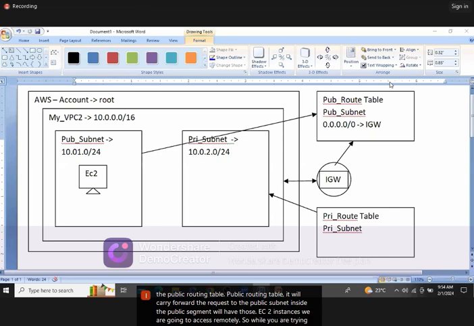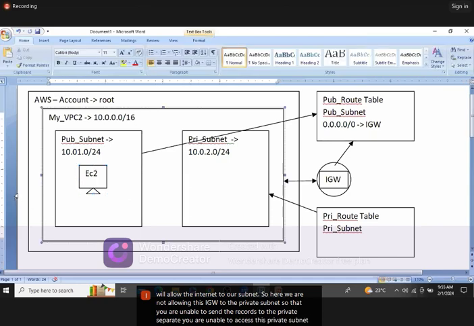While sending a request to the private subnet, it is not going to carry forward the request, because it doesn't have the IGW entries in the private routing table. I hope you got it, guys. It means the private subnet doesn't have an internet connection. IGW means internet gateway, right? The internet gateway allows the internet to our subnet. Here we are not allowing this IGW into the private subnet, so you are unable to send the request to the private subnet. You are unable to access these private subnet resources